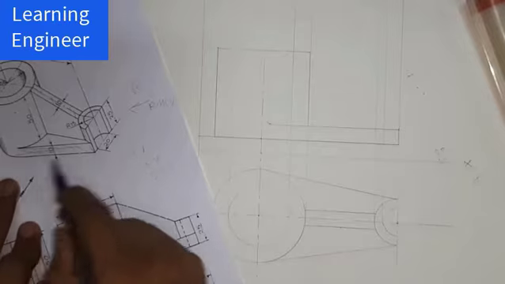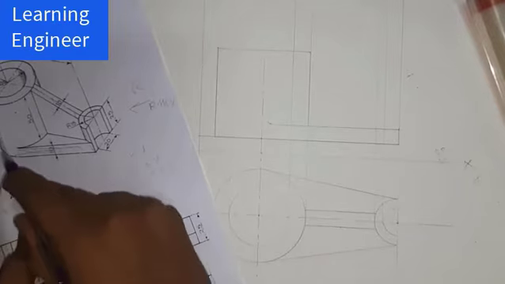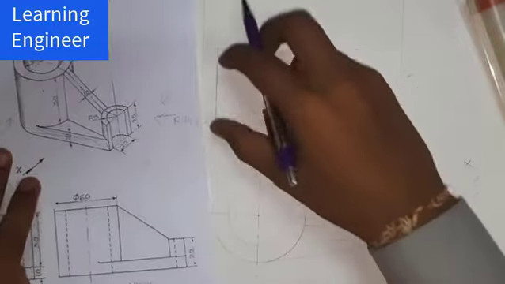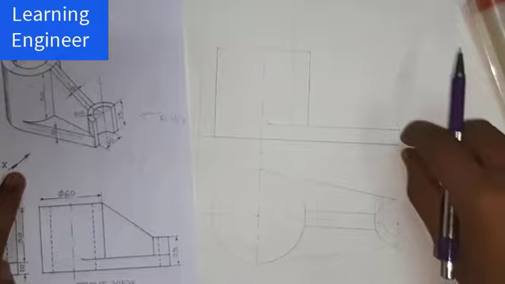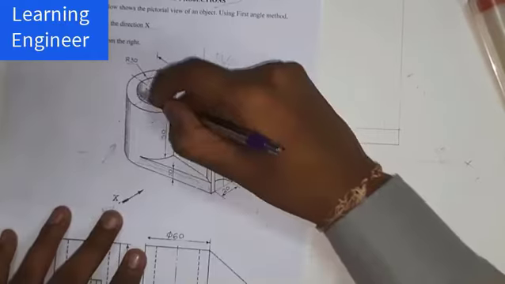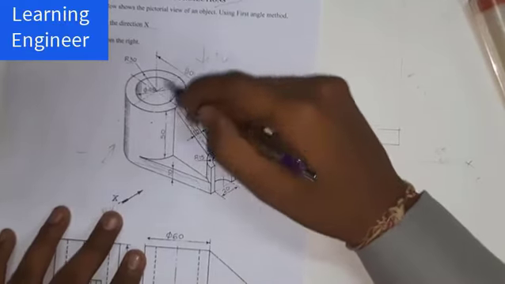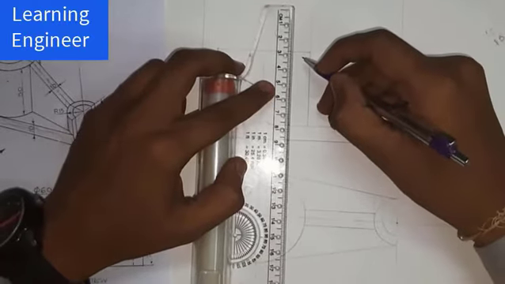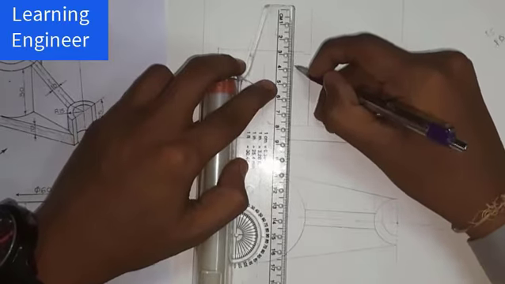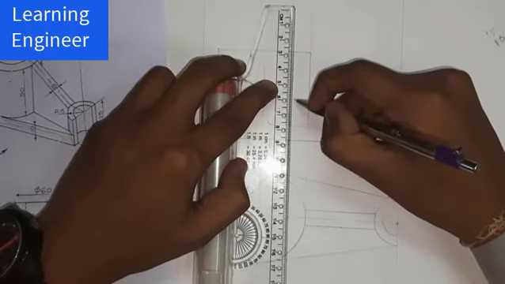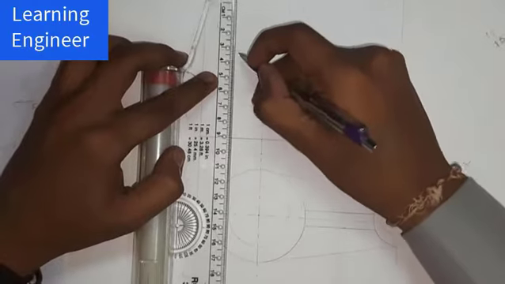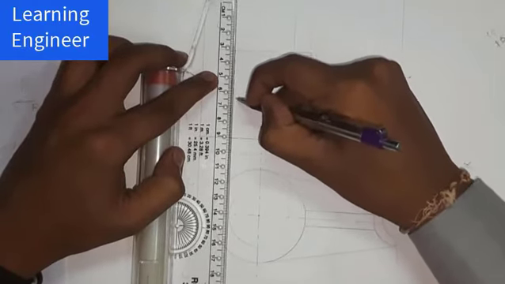So first part we will be able to see in the rectangular form, and this circular part will be in the form of a rectangle. You can see the total height is 60 millimeter, and this is 10 millimeter. The inner circle is hollow, okay, the inner part is hollow, and this line will not be visible. So for that we use the hidden line. Already we have taken the projection, so this will be the hidden line, and this will be the hidden line for that inner circle.